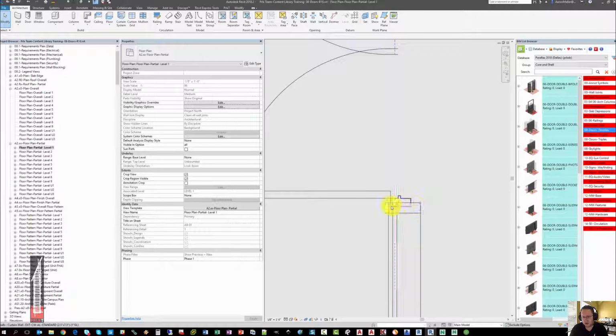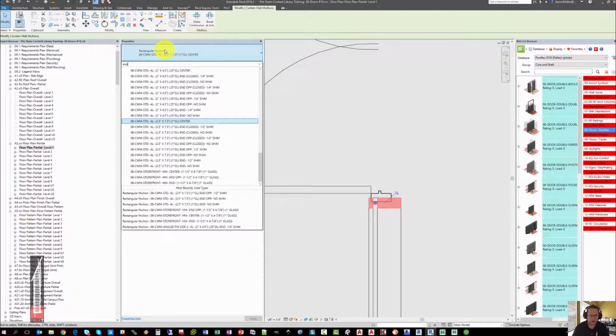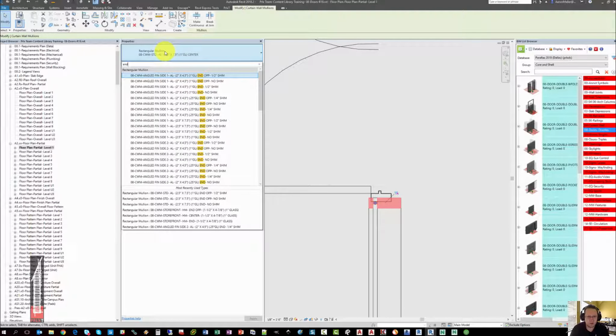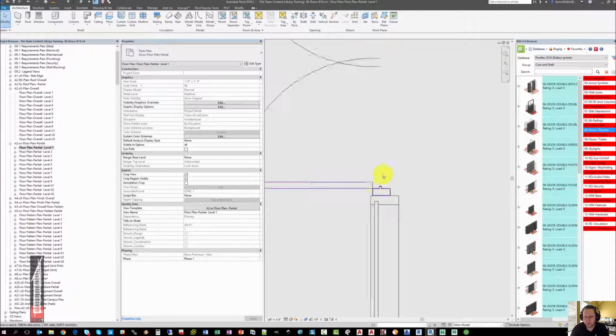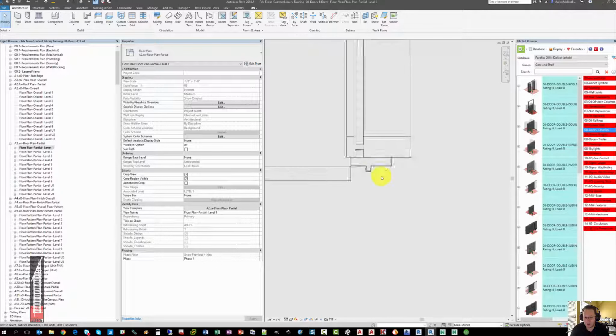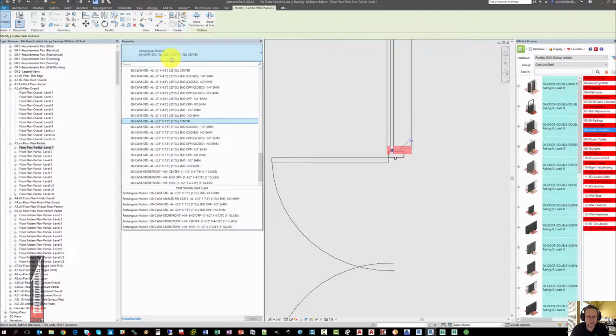Now keep in mind you may not have mullions that behave like this in your office, so this portion may be irrelevant. Here we need to switch to the correct mullion type. As we switch them, you'll see that the door has shifted over. So if we look at this end, the frame is now inside the mullion, but as I switch it to a mullion type that is closed on one side and does not have a glass pocket, you'll see that the